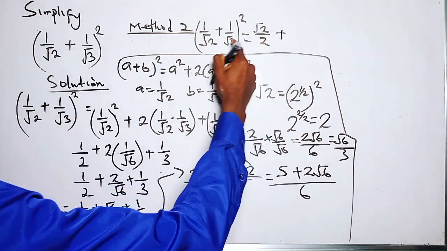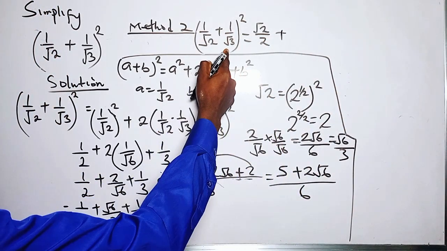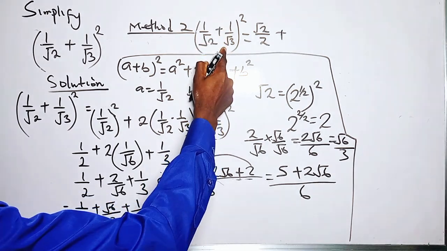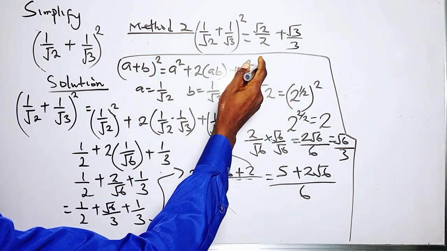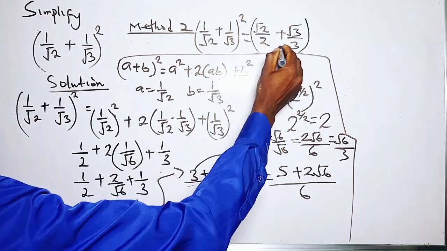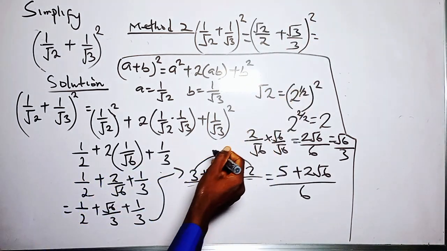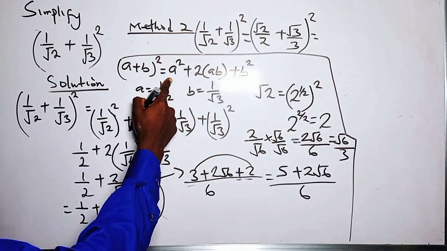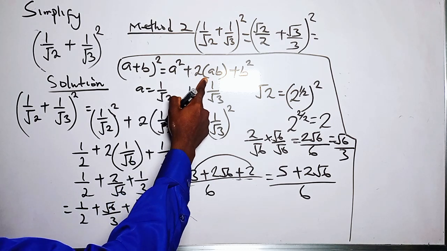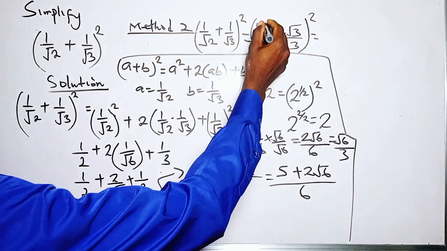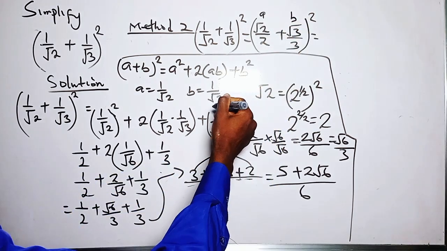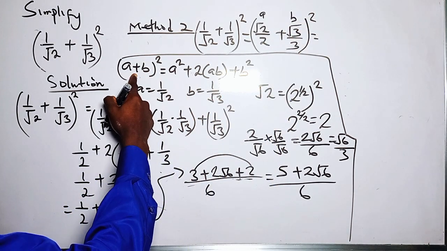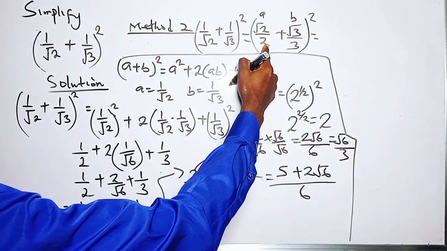Plus, let us rationalize this part as well. We have 1 over root 3, this implies root 3 over 3. So we square our results. When we do that, we can now apply this identity. We represent this as A, and this part as B. So for the addition A plus B, which is this,